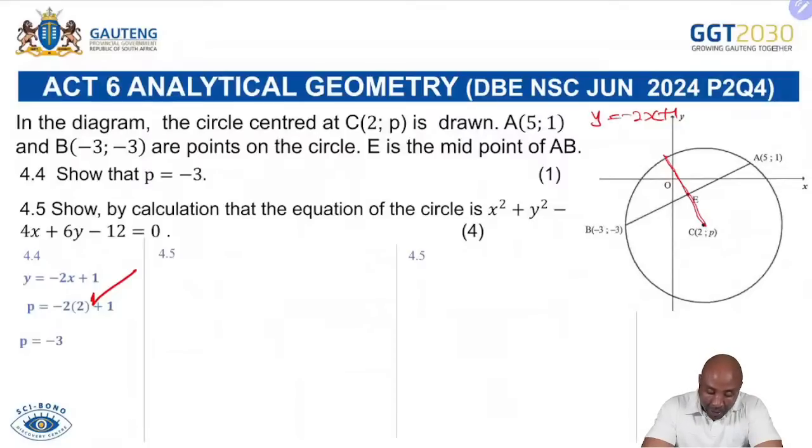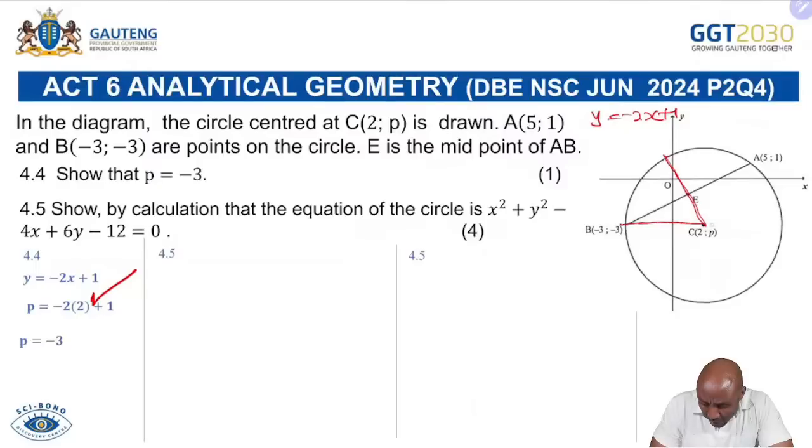Now, the next question says, show by calculation that the equation of the circle is x squared plus y squared minus 4x plus 6y minus 12. Remember, we said there are two forms of our circle equation. We have the standard form, which we shall use to deduce this form. So, what you will do, you know that you are able to deduce, if you check BC